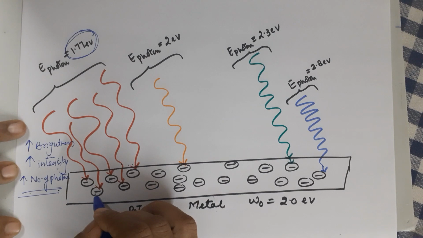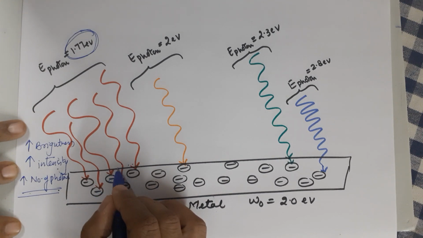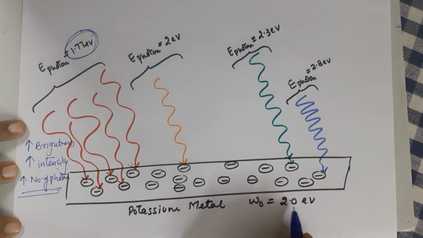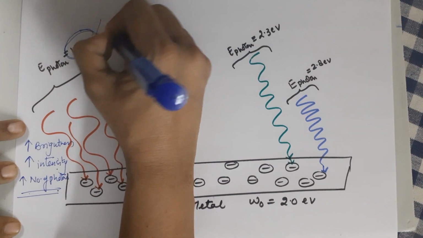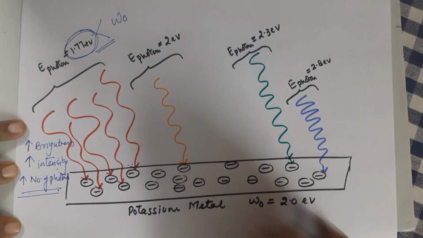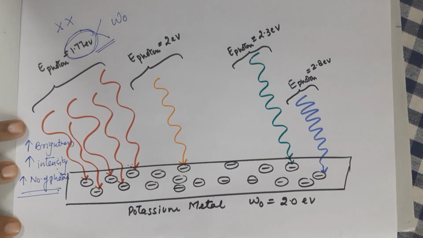So the electron from the bulk is not able to move out because the work function is much more than the energy of the photon. So here you would have no photoelectric effect. Coming to the next, if I use the orange colored light now,